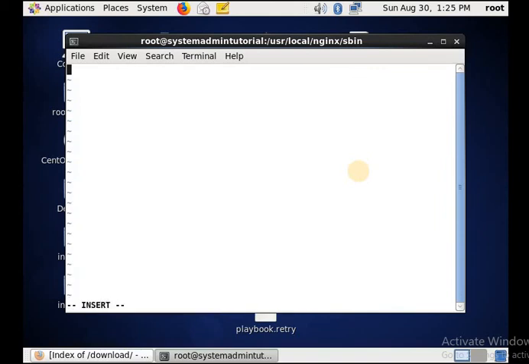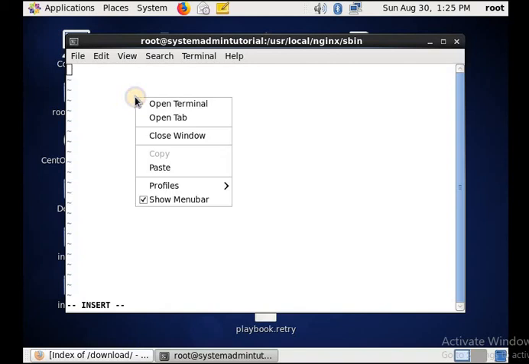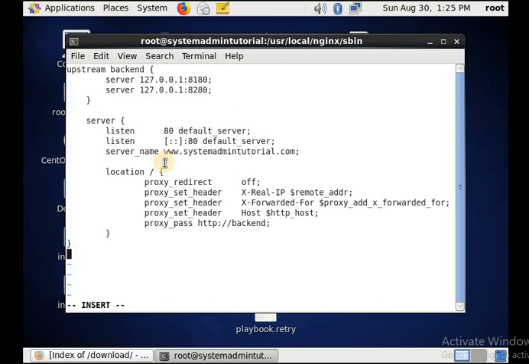Here we will insert some syntax so that all our server details can be configured, meaning on which port number or IP the Apache Tomcat server or the website is running. For that purpose we will insert this, you see, the complete syntax.